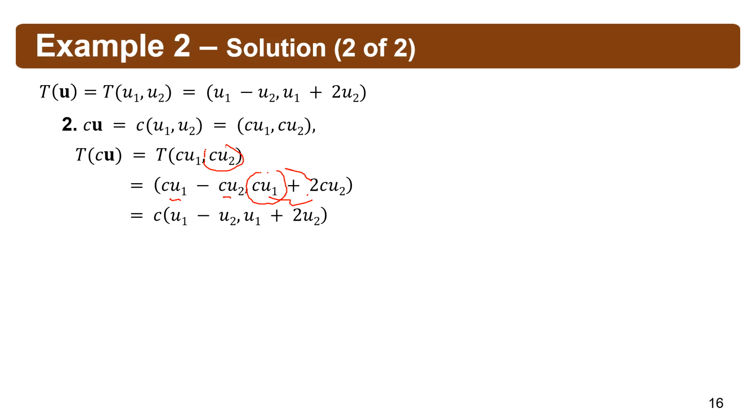So we can factor out C. And the moment that you can factor out C, then you can change that to this form, because you were able to factor out C. All right. So with that, the transformation given is a linear transformation, because we were able to show that this is the same as this one.